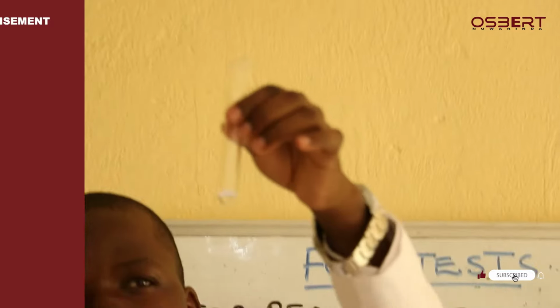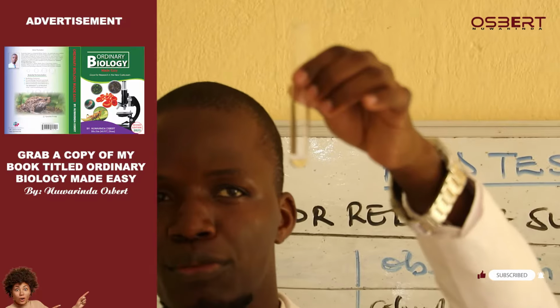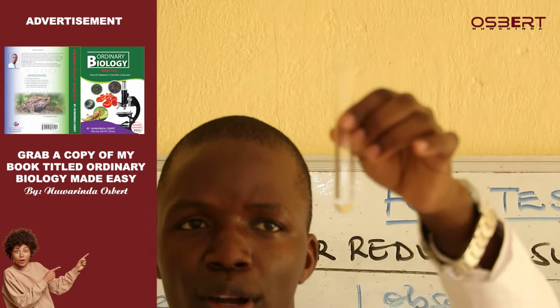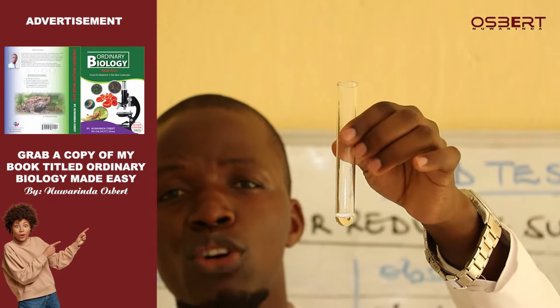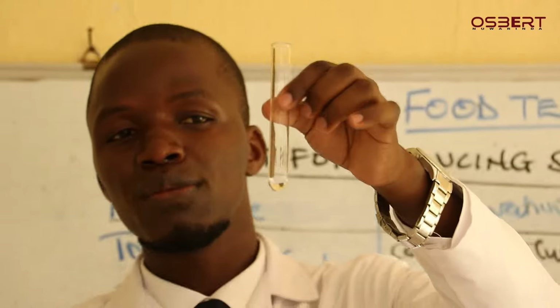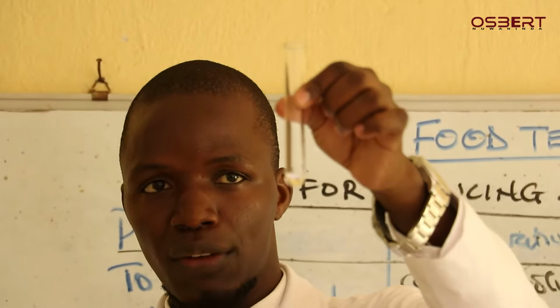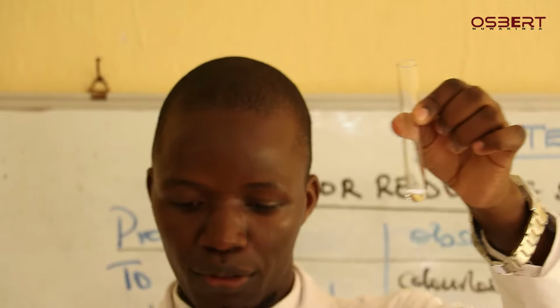It is almost where the whole of this round thing of a test tube starts from. Yeah, so this is the quantity we are talking about, the 1 centimeter cubed. Some of you, in a practical, even add up to around here. So the 1 centimeter cubed is in a small test tube like this. That's the quantity. Yeah. So after having this 1 centimeter cubed of the food solution,